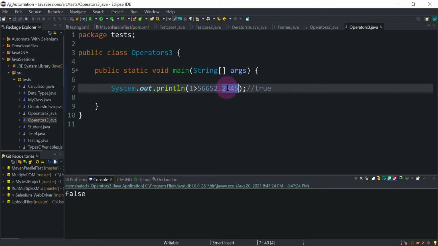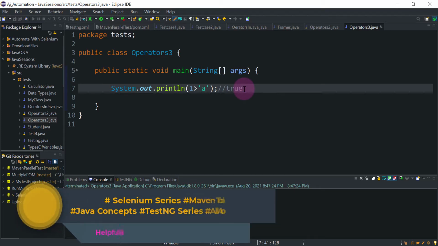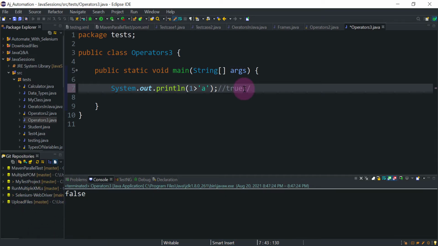So if we try to compare an integer and, let's say, an alphabet, what will be the result? As I already said in the previous sessions, when we are dealing with characters and comparing them, the ASCII value of the characters comes into the picture. The ASCII value for small a is, I think, 97.